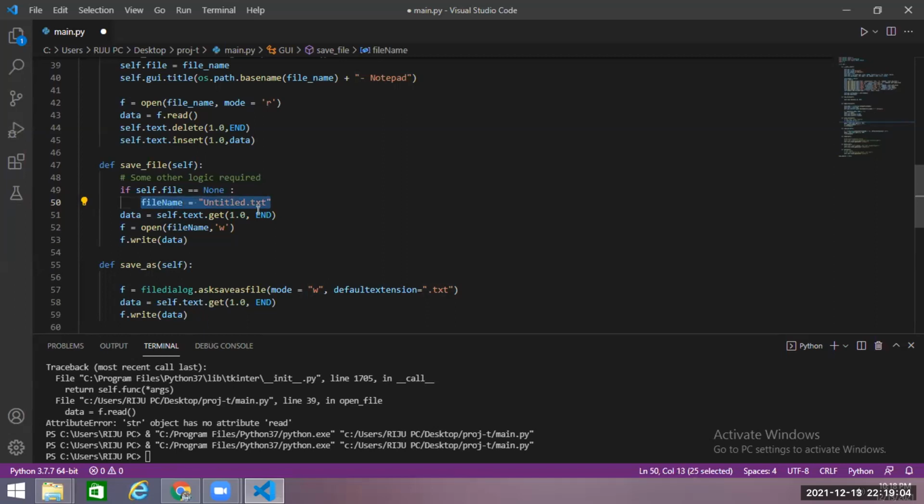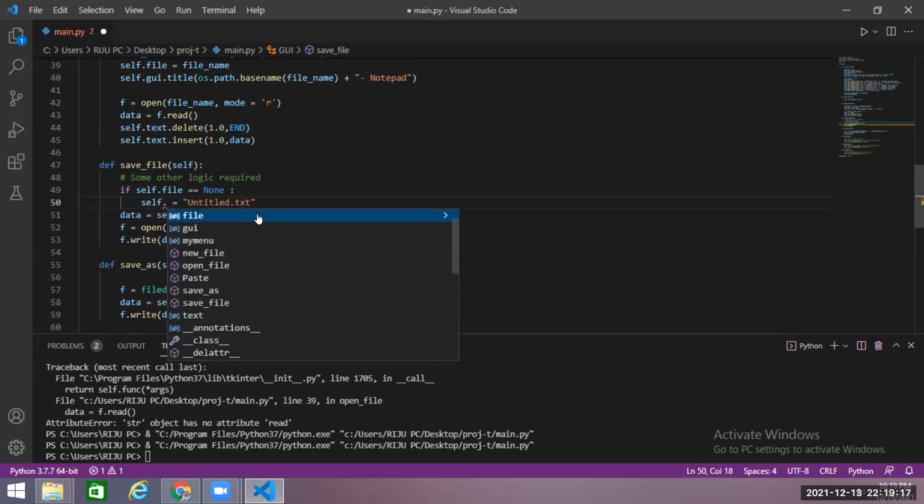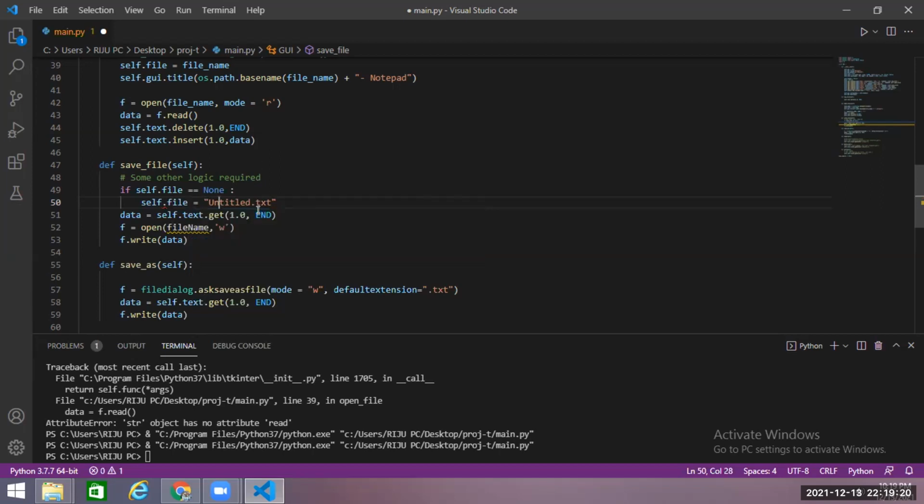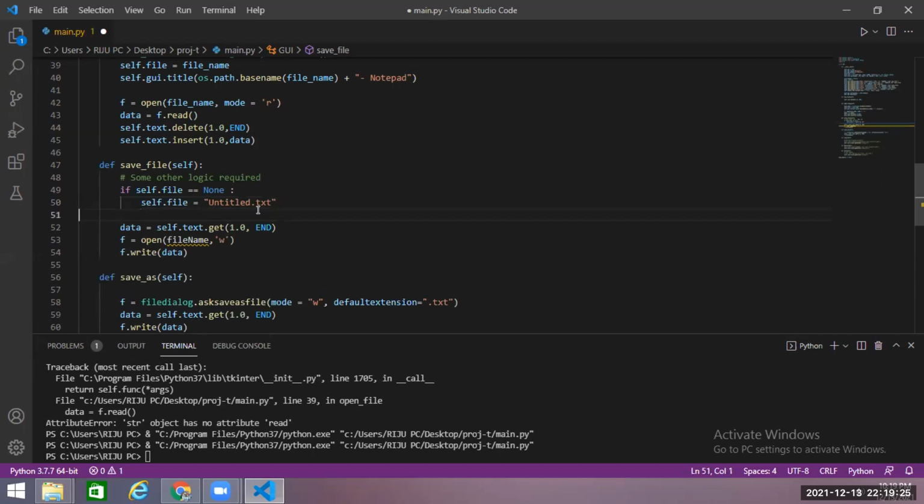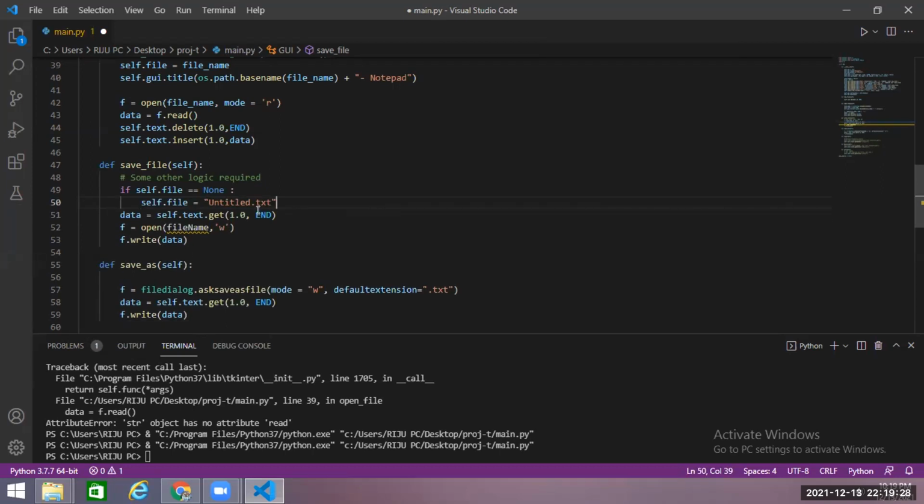Let me do it outside for better simplicity. Or let's do one thing. If it is None, then if I want to save it, let's assign self.file equal to untitled.txt, a default name. Done. Fine. Else, if something is opened, we already have self.file. Will it work? It won't be correct, because see one thing,